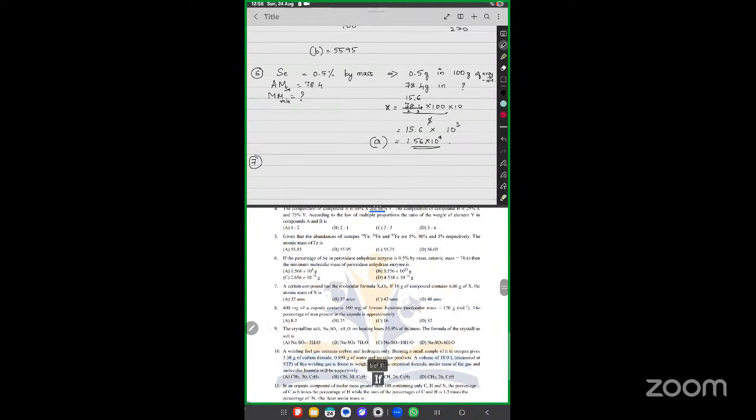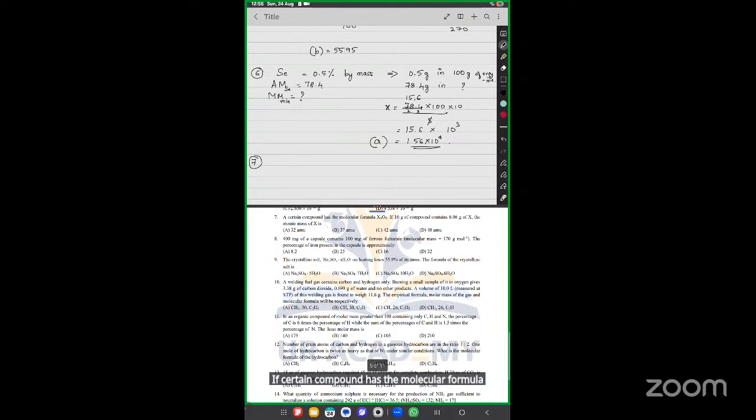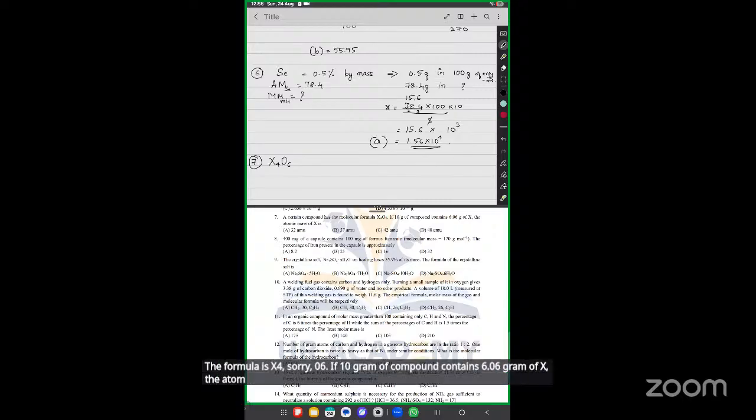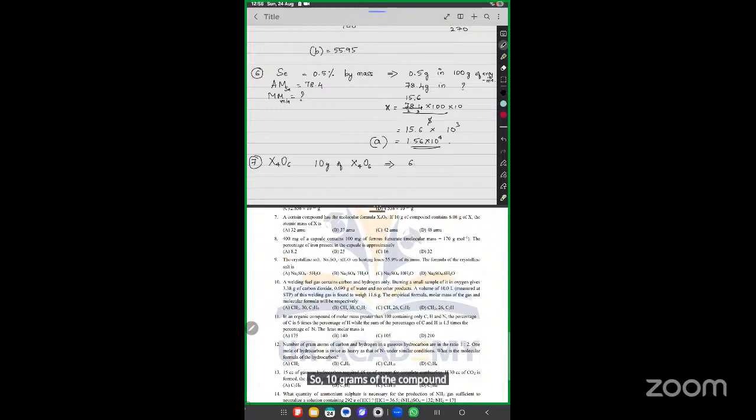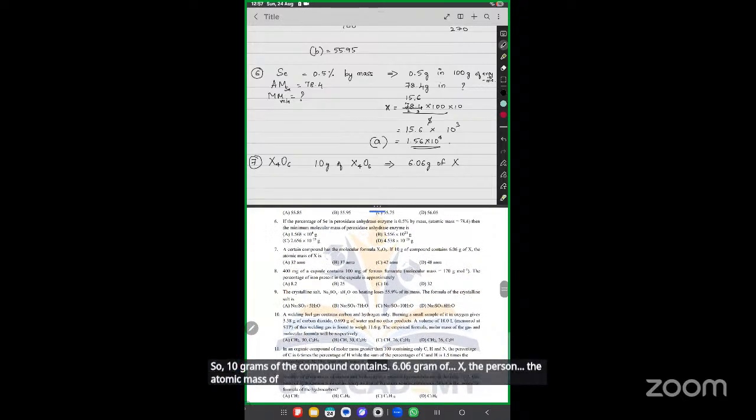If certain compound has the molecular formula X4O10, the formula is X4O6. If 10 gram of compound contains 6.06 gram of X, the atomic mass of X is, right? So 10 gram of compound is X4O6. So 10 gram of the compound contains 6.06 gram of X. The atomic mass of X, that's what they're asking. Right. So can I tell